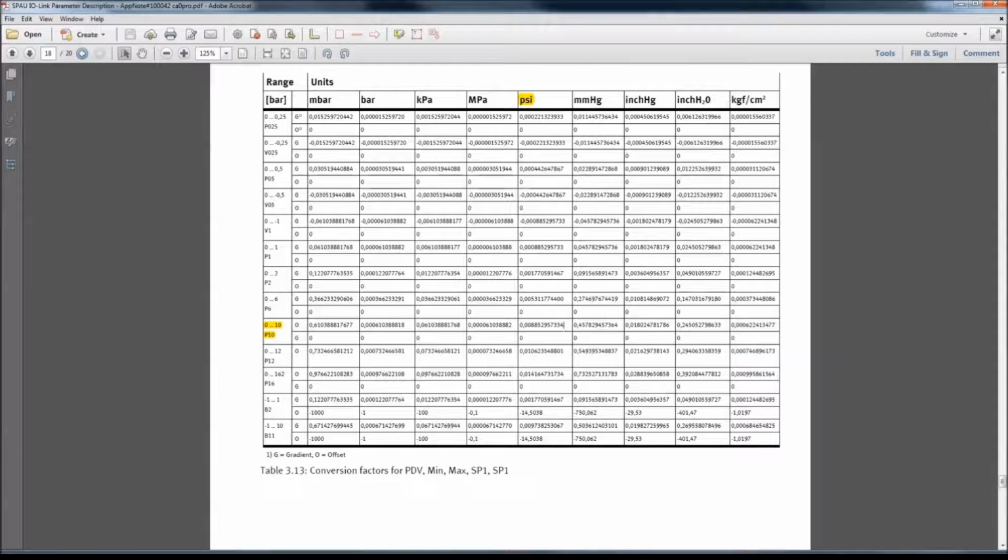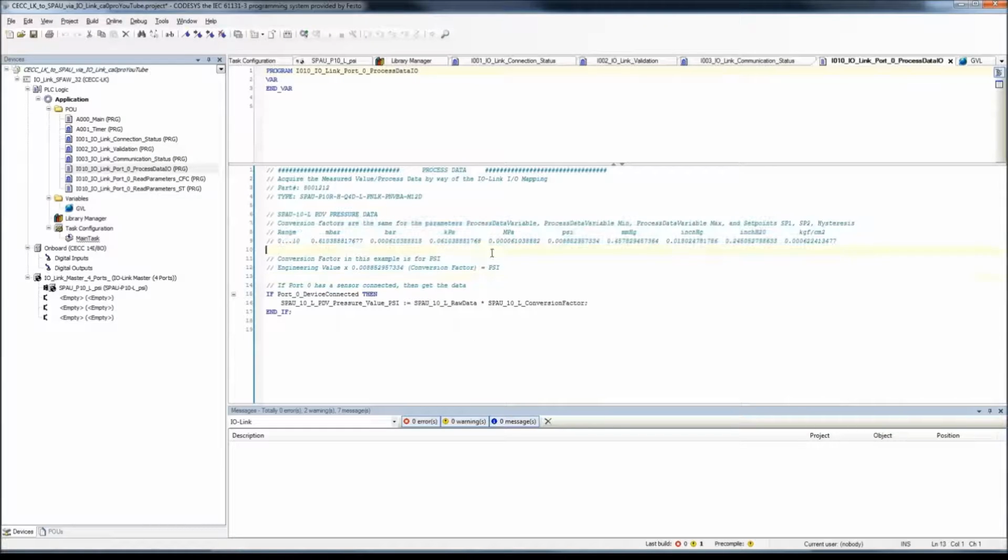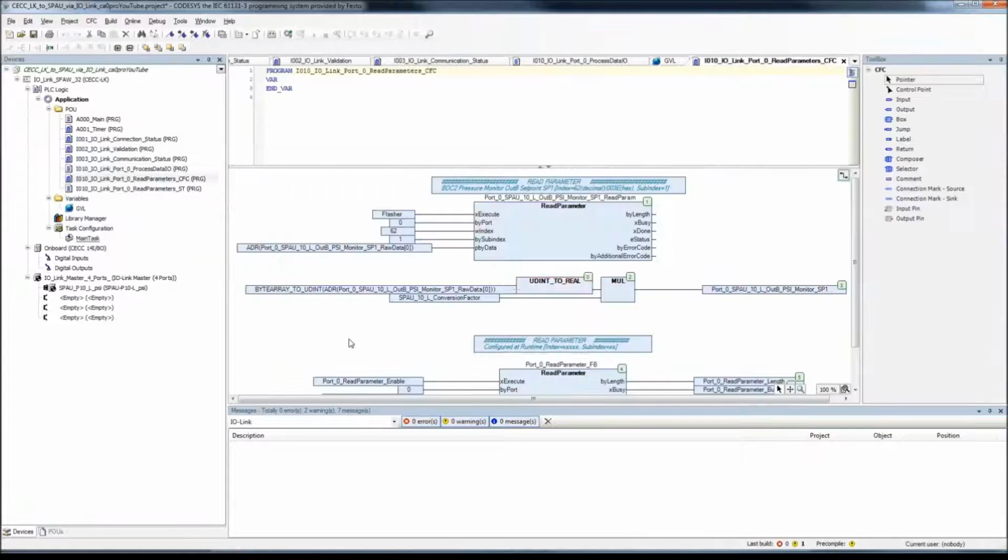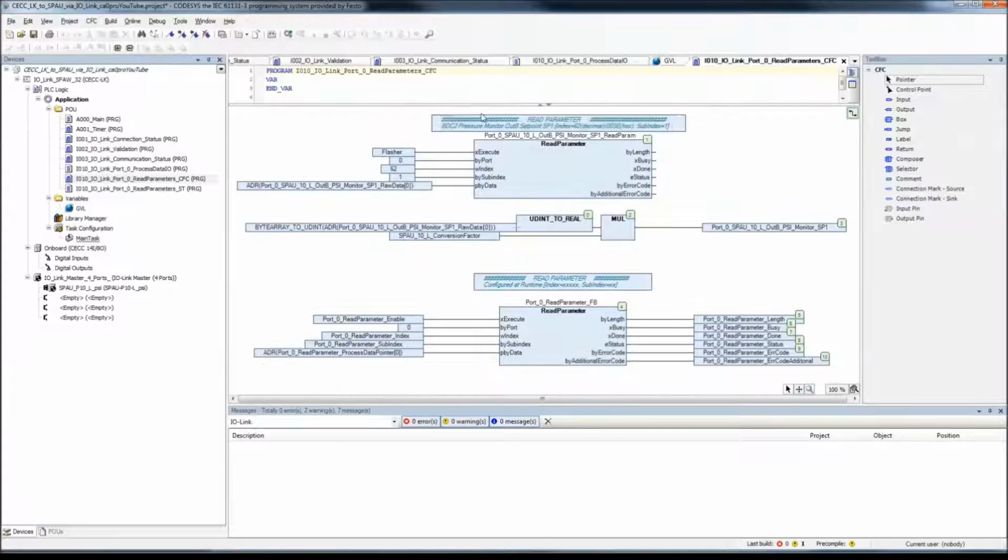I've just taken one line right here from the document and shoved it into the PLC code here. I've said that you're running under PSI on this particular sample, and verifying that the device is connected to the port before we get the data. And then we have what most people will be interested in, which is reading and writing of data. So there's a read parameter data. This particular one here,